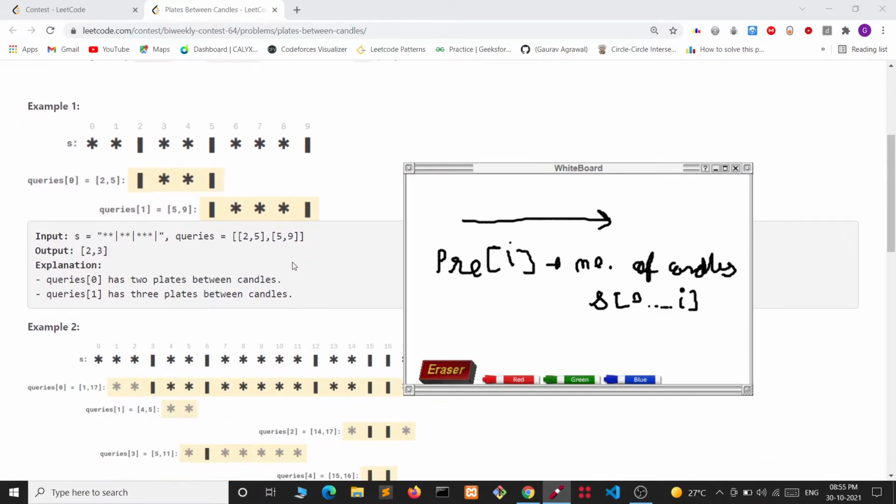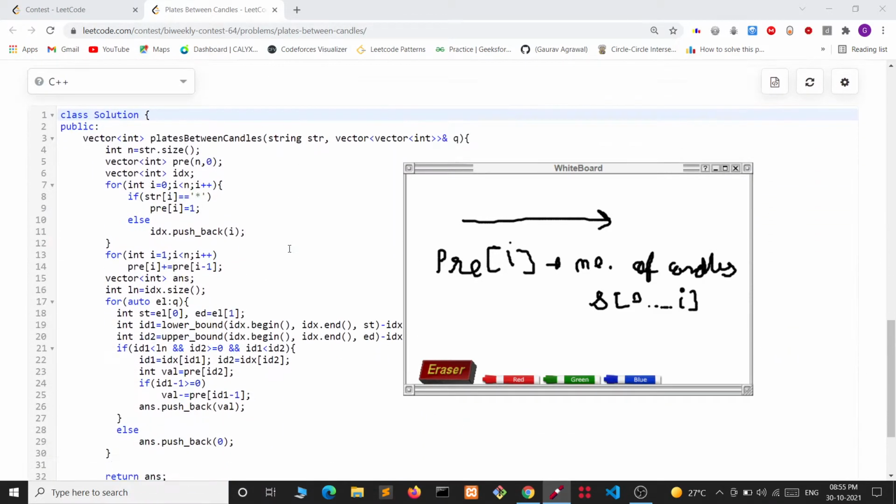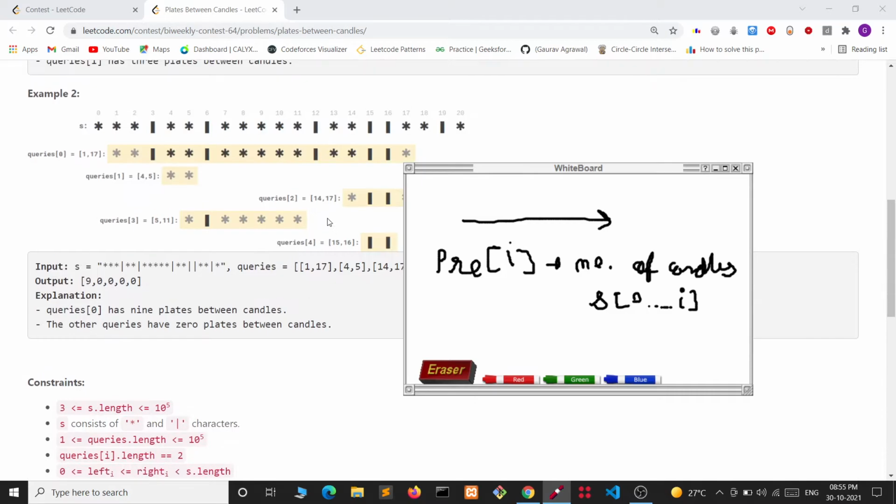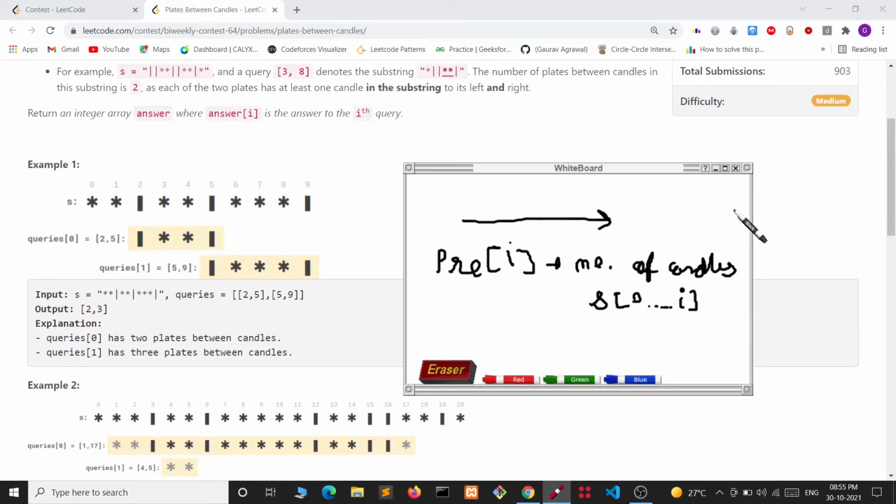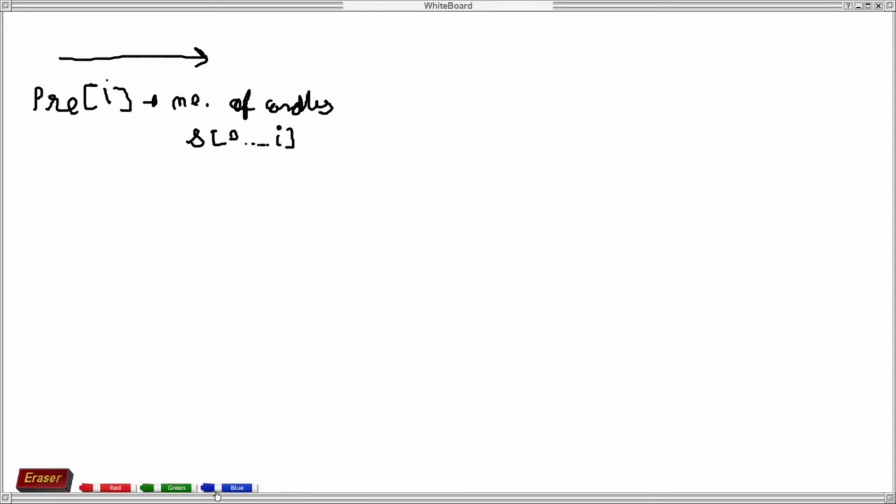Now after getting this, we also need to know, let's say this is the string and this is a substring we get.